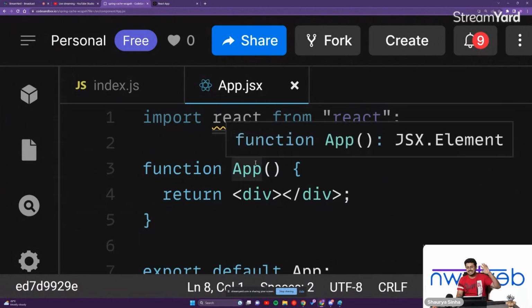It's going to be loaded inside of app.jsx. We need to maintain a level of hierarchy right over here. So to just maintain the level of hierarchy,